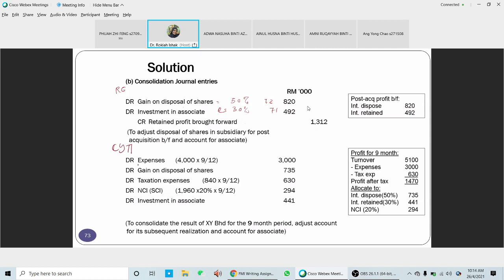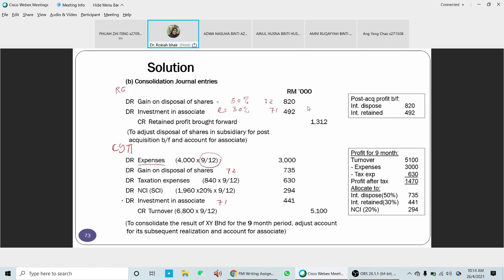And then the other one is the portion for the current year profit. The current year profit, or the items that you have in the income statement, need to be apportioned with 9/12 for the period that we have here. The taxation, also the NCI, and then you're going to have the turnover also. For the current year profit, the gain on disposal of shares is from slide 72, you're going to have 735. And then the other one, slide 71, you're going to have the share of current year profit.